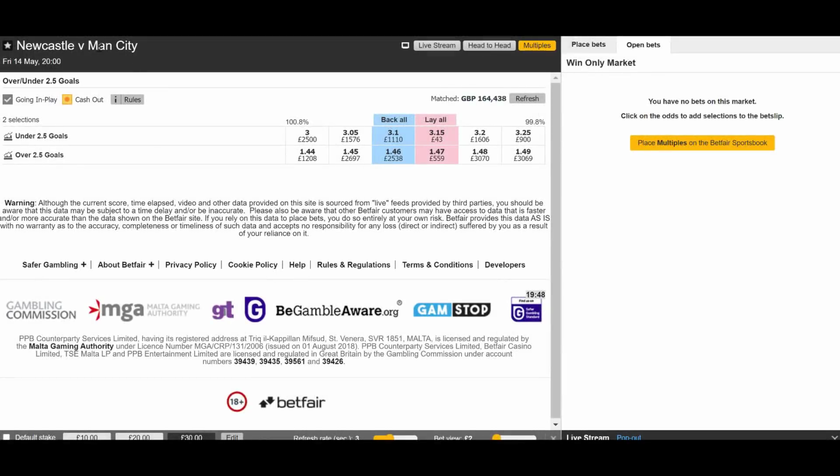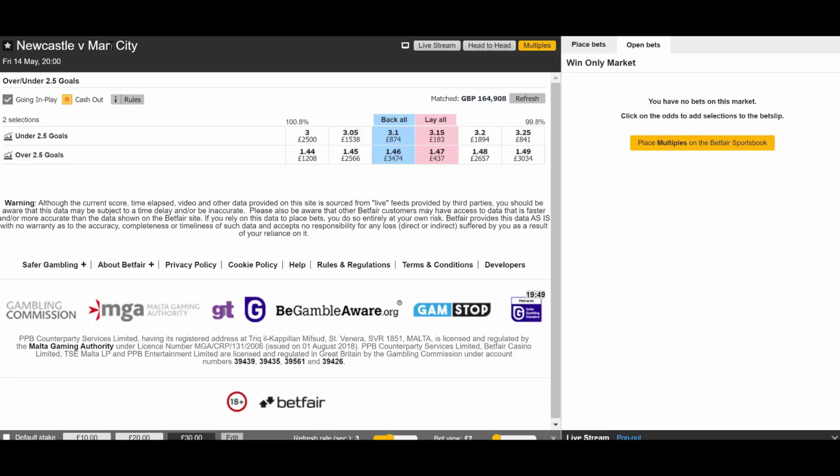So this here is Newcastle United against Manchester City from the English Premier League. This is the over and under 2.5 goals market. Over 2.5 goals starting price 1.46. Okay, this match is just about to kick off, and if you know the football markets, you'll know that is a very short price on over 2.5 goals. So the markets are expecting goals, and so is almost everyone. We're expecting goals in this one.